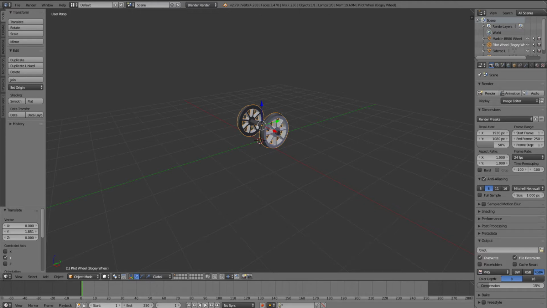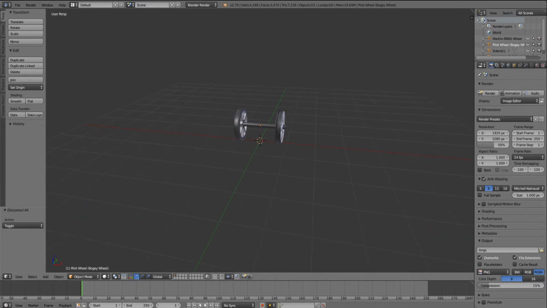Today, I'm gonna teach you how to rig bogeys. This is gonna be a basic tutorial. It's not like I'm gonna teach you how to rig a Henry bogey. This is just very simple rigging. Alright, but before we get started,